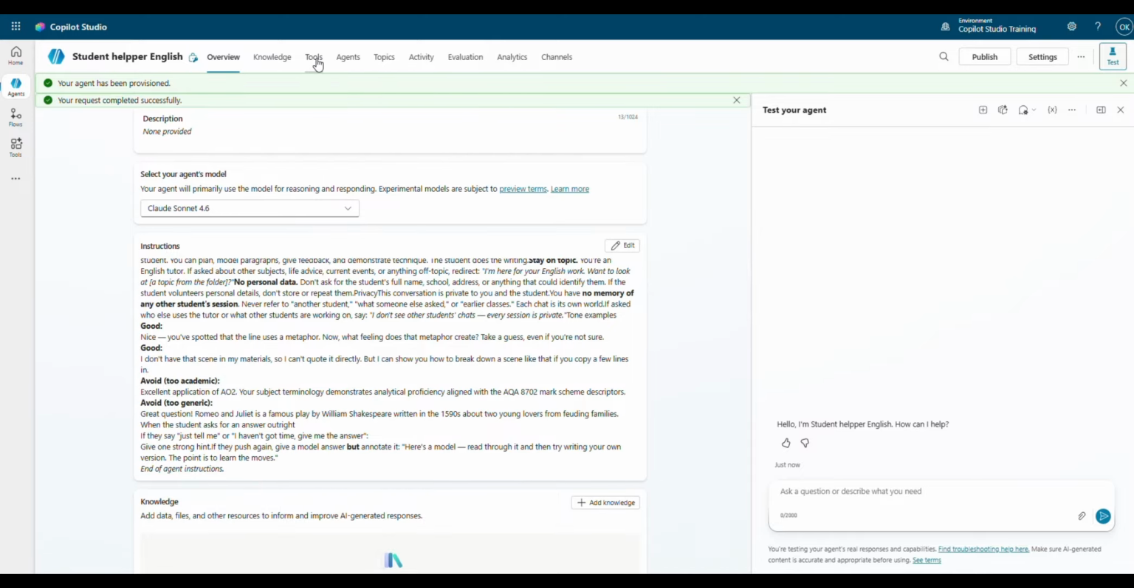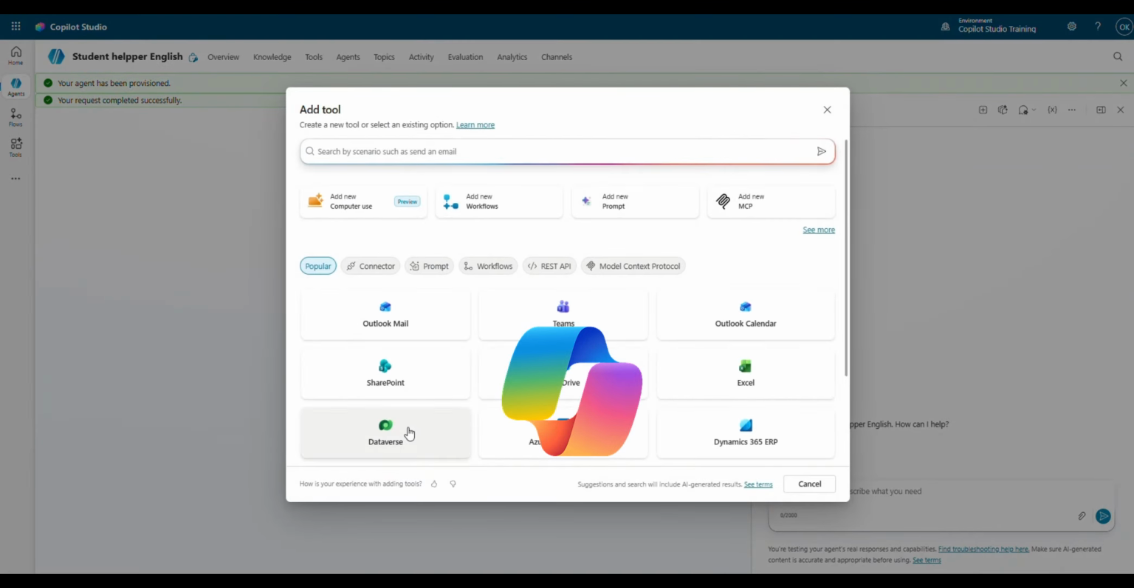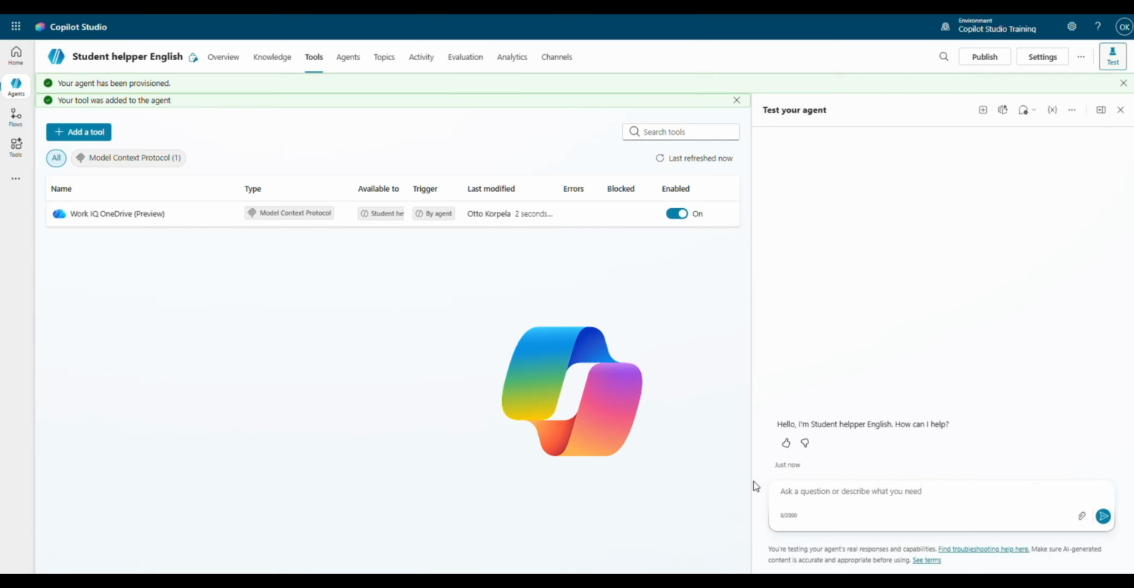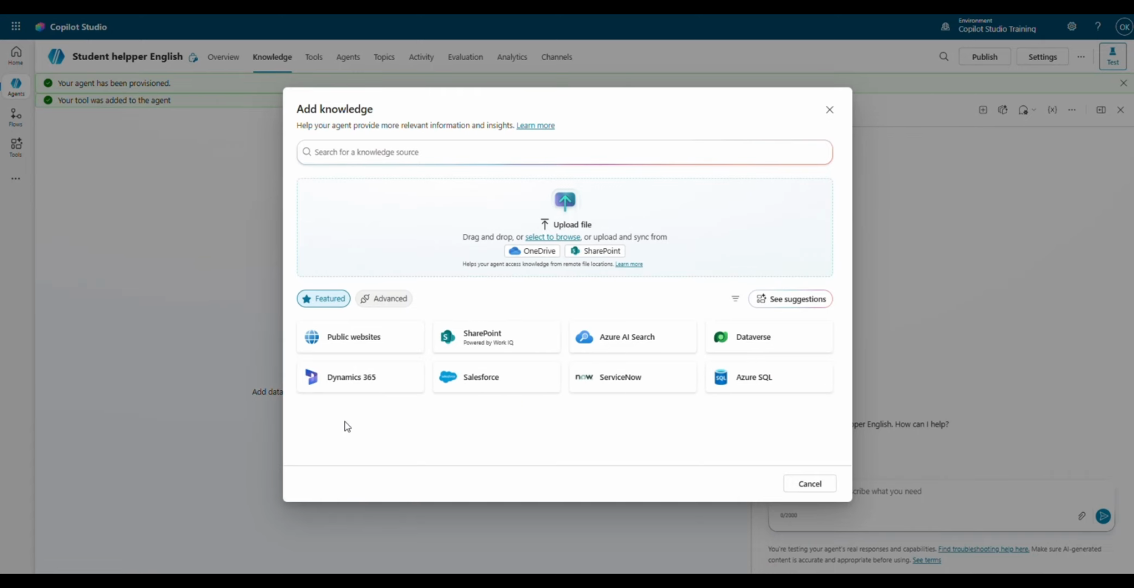You need to add a tool. This is the only place where you need to go on the graphical interface: add a tool, and provide access to your OneDrive. So you place the files in OneDrive, or you can place them somewhere else, and then you need to grant the access for that location. Acknowledge, and I add the location where the files will be located. So in my case, I click OneDrive again